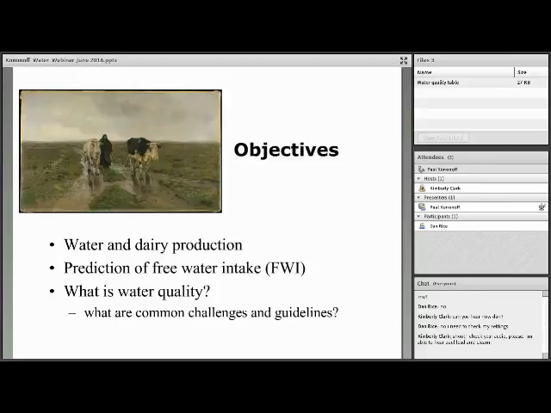But this is a picture entitled Changing Pastures, and I think it's very applicable also to how we in dairy production deal with water. You can probably read a story into this picture of this Dutch peasant adapting to her surroundings, whether it's a change in the pasture, perhaps a change in the water supply. And in this case, it looks like the water supply is probably very ample. The skies are dreary, pastures are probably wet, and there's probably ample water. Nonetheless, this person is adapting to their surroundings. And this is very applicable and I think consistent with